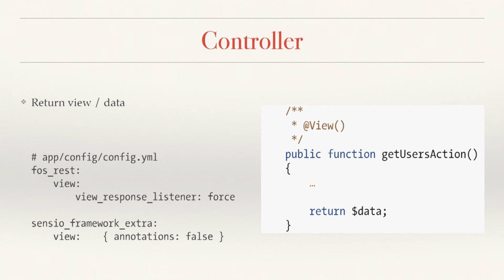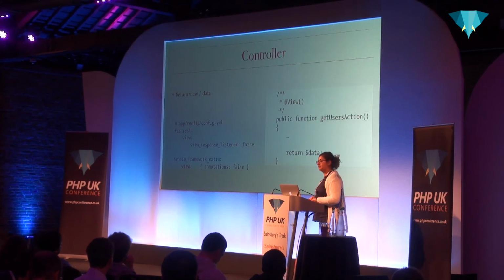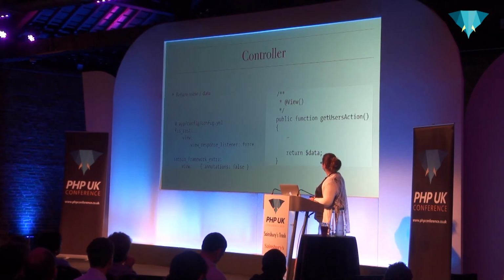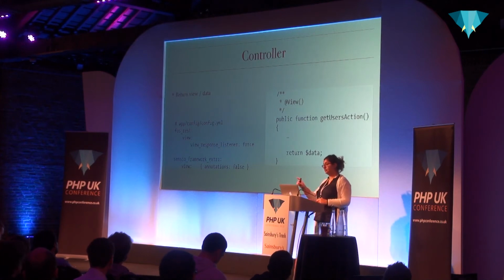To begin, it's actually about returning a view or data. At the beginning, I showed you with JMS Serializer, you call the service, you call the serialize method, and you return a response. This time is about returning an array or a view, as you may do that in Symfony. When you don't return a response, you just return the array. When you are doing that, actually, you are using the view